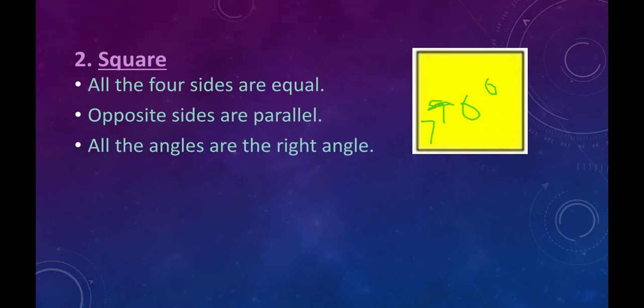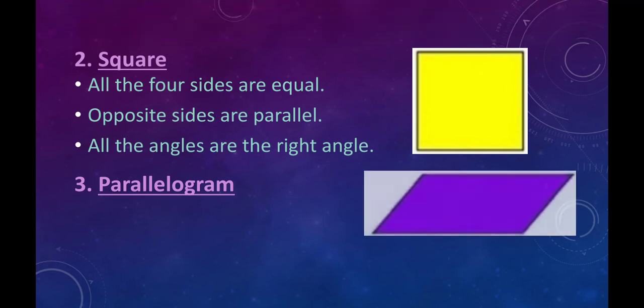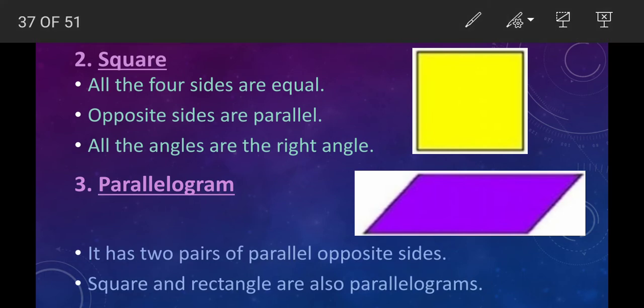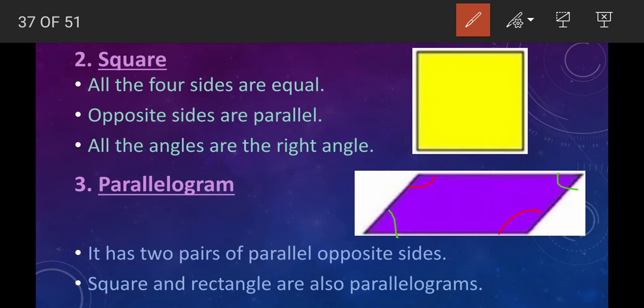Okay everyone, next one, another one is the parallelogram. Look at this one. This is the shape of a parallelogram. In this, two pairs of opposite sides are equal. Same as a rectangle, the opposite pairs of sides are equal and opposite angles are also equal. I have written here, opposite angles are equal. In this figure opposite angles are equal. Pairs of opposite sides are equal and parallel to each other and opposite angles are equal. In a rectangle the angles are 90 degrees, but in a parallelogram opposite angles are equal.